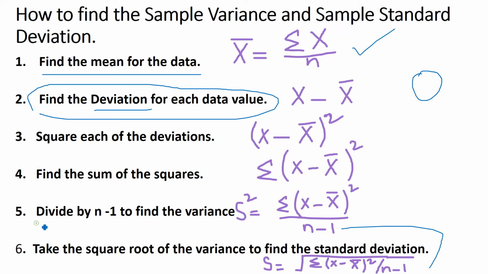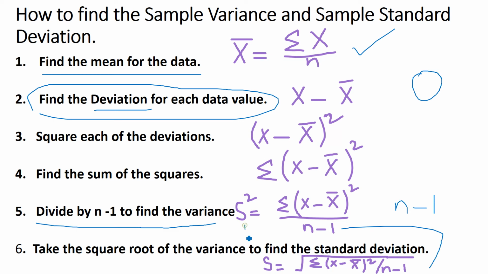Now this is the only difference. In order to calculate the variance, you have to divide by n minus 1. In a population, we divide by n, whatever the size of the population. But in a sample, if we divide by the sample size, suppose the sample size is 6, or 7 or 8, it will underestimate the population variance. This is an important point. That is why we subtract 1 from the sample size and then divide. Then take the square root of the variance.